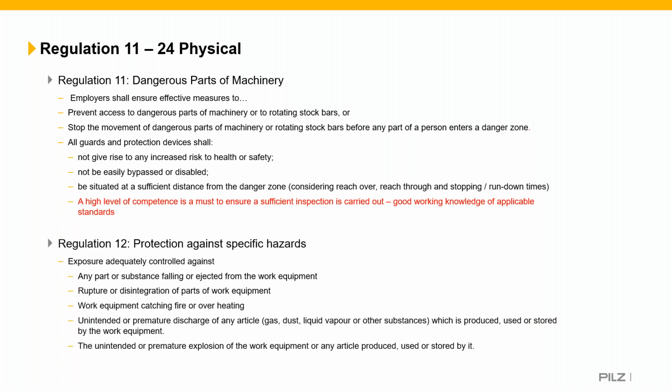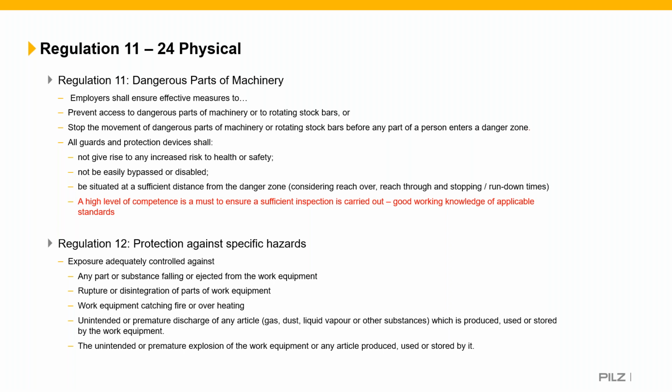Regulation 12 looks at protection against specific hazards. So the measures shall be other than personal protective equipment or information, instruction, training, etc. And it should include, where we can, appropriate measures to minimise the effects of the hazard as well as to reduce the likelihood of it occurring. So we've got to consider things that may be